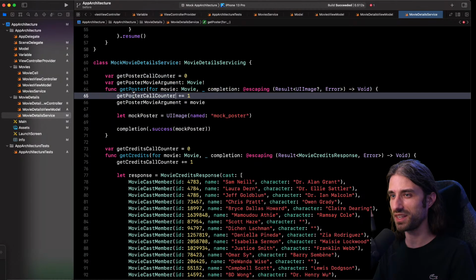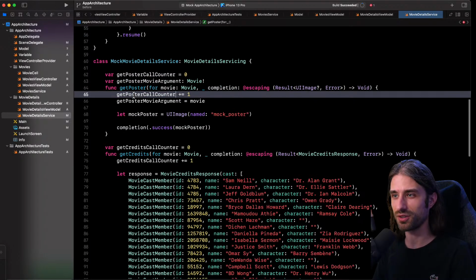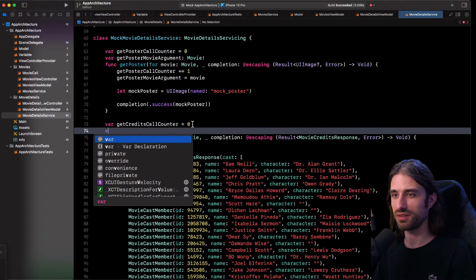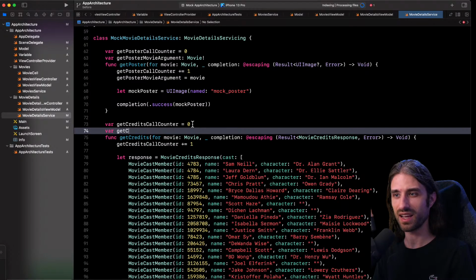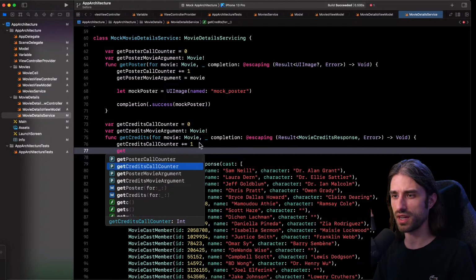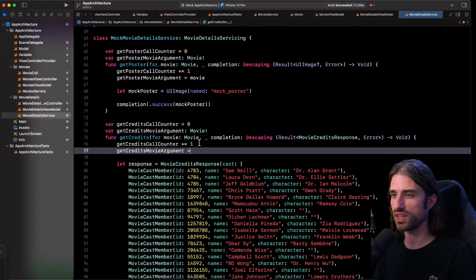ooh, I made a bad mistake here. Lucky thing I caught it. Okay, and I'm going to do the same thing just below. So get credits movie argument. So movie implicitly unwrapped, and just like before, first thing I do inside the method, I want to set the